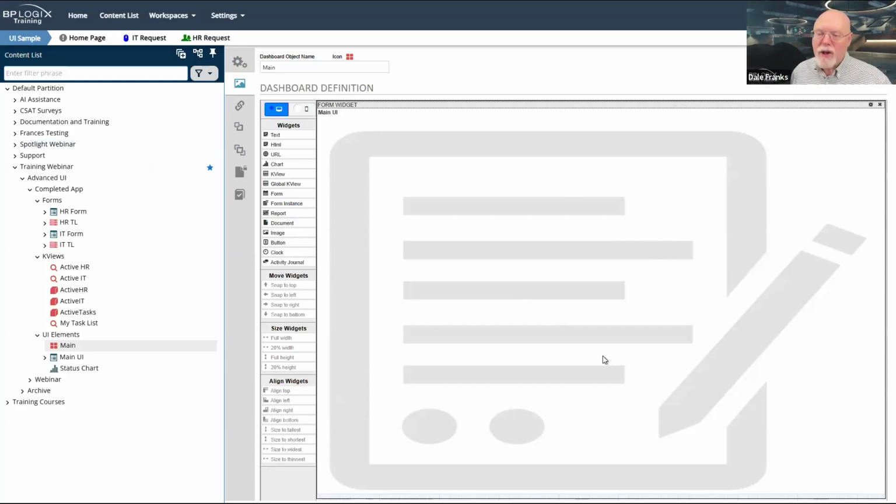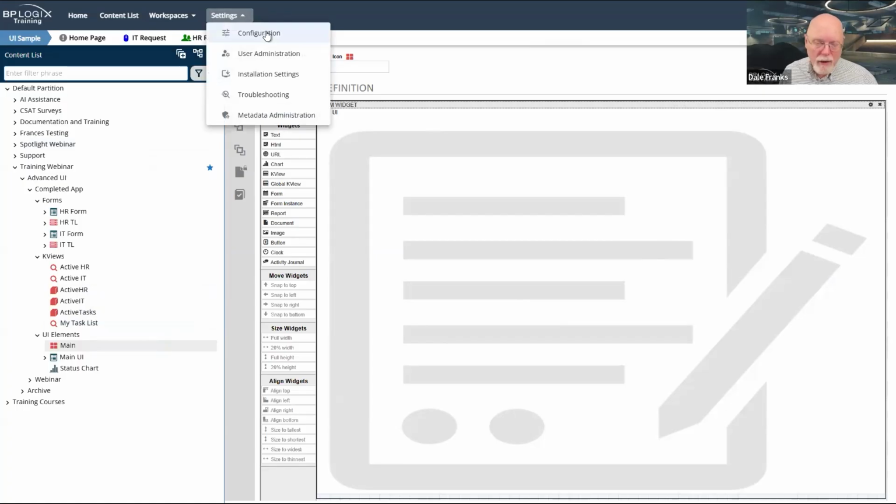If I ever want to change the UI now, I don't really have to go to the dashboard. I certainly don't have to go into configuration and change the configuration of the workspace at all.